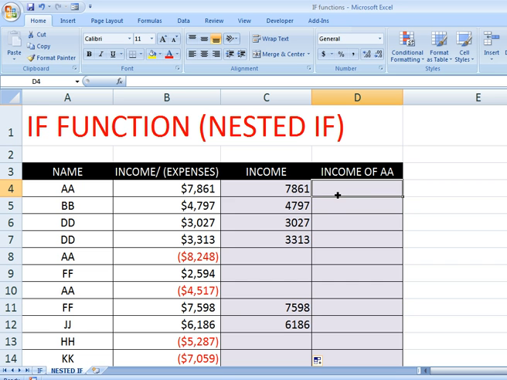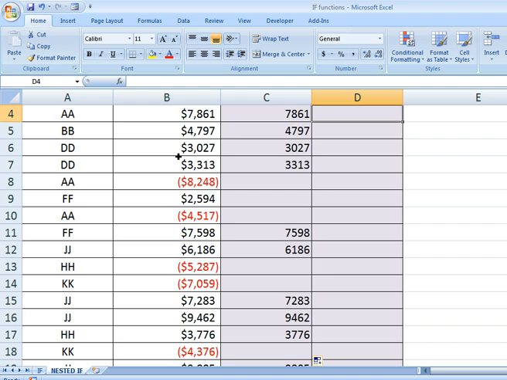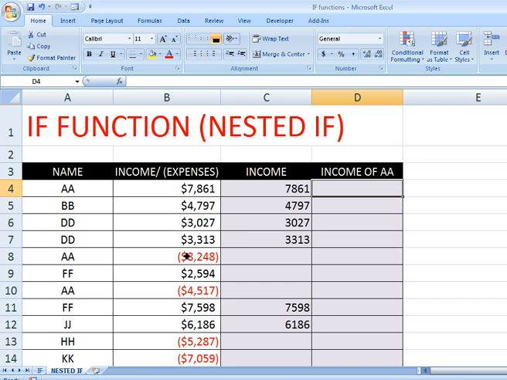I want income greater than 5,000, and that income belongs to only AA. So I have to put two conditions. One is whether the income is greater than 5,000, yes or no. The other is whether the income belongs to AA, yes or no.